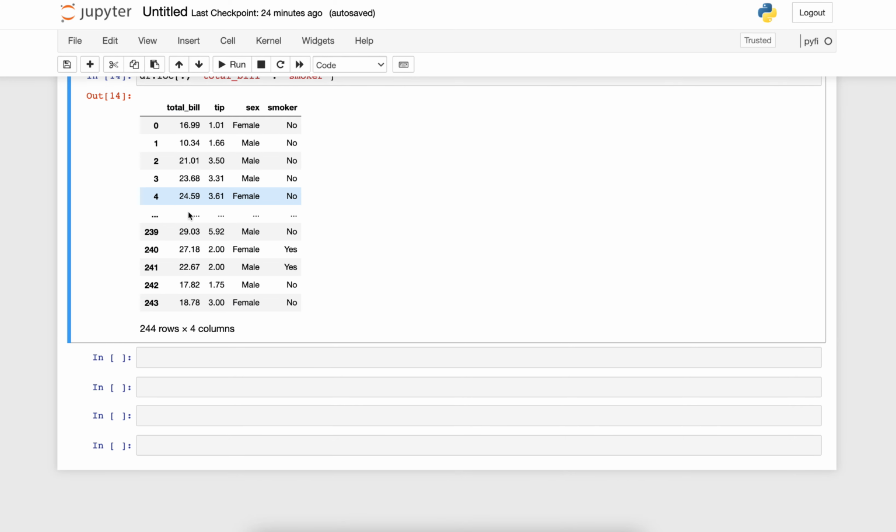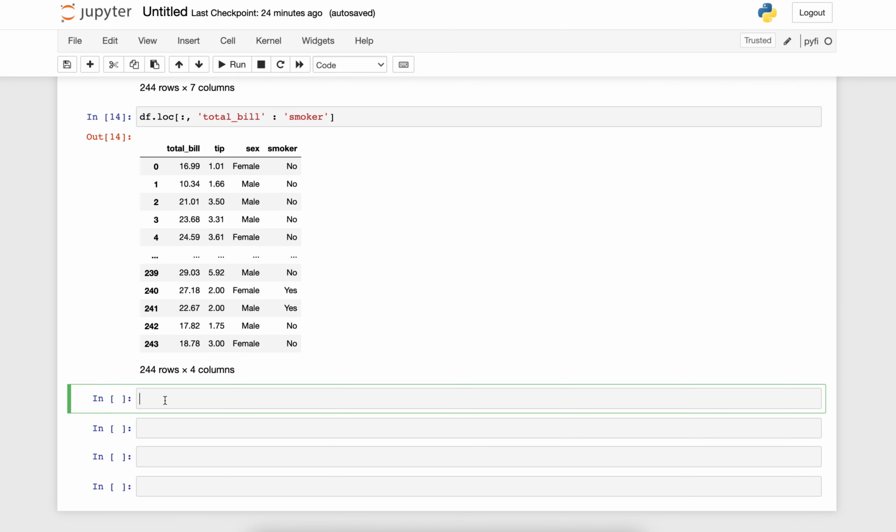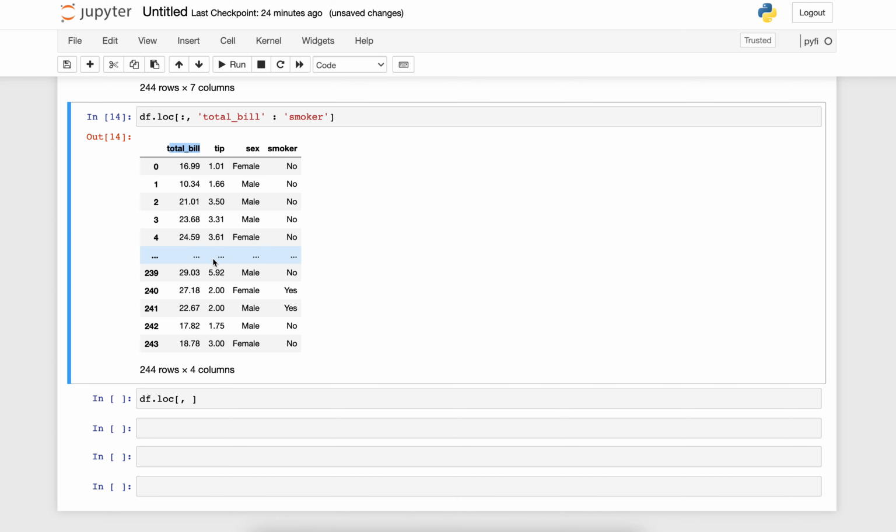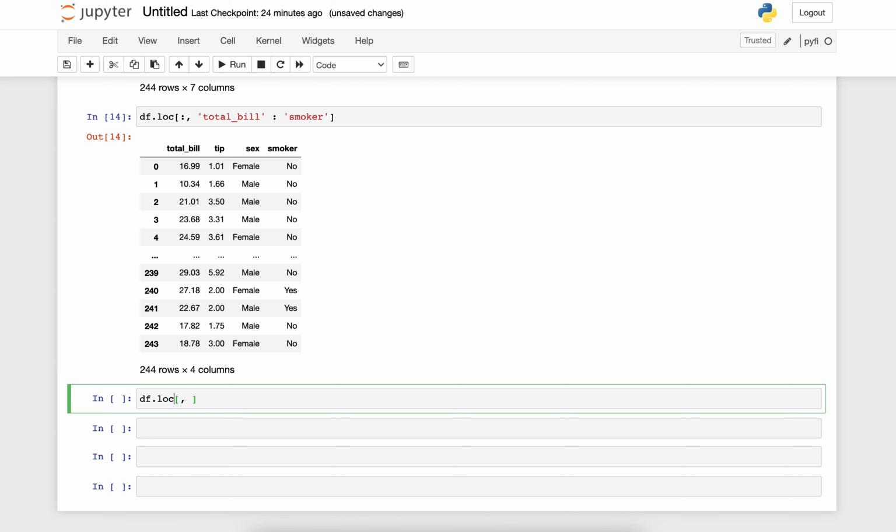We can do that very easily by using df.loc. So in this case, at the left of the comma, we're going to be specifying our condition for the selection of the subset of rows. We said that we want all of the rows where total bill is greater than 40. So df